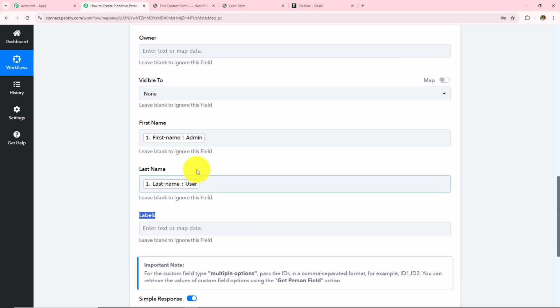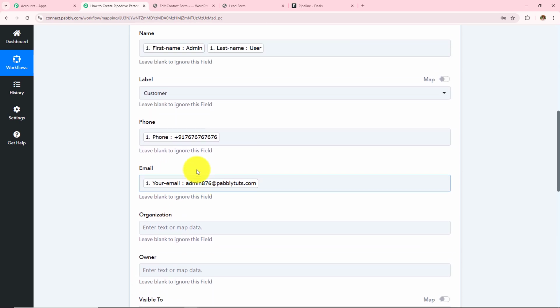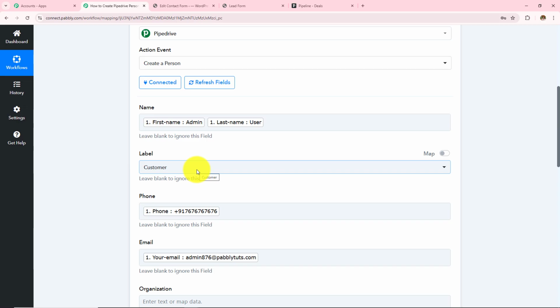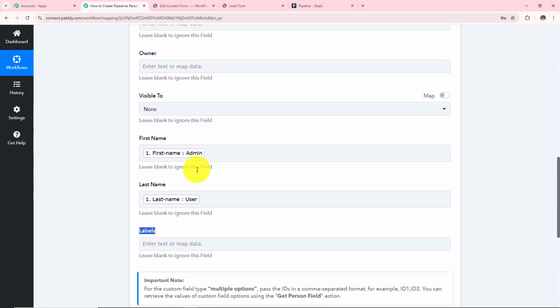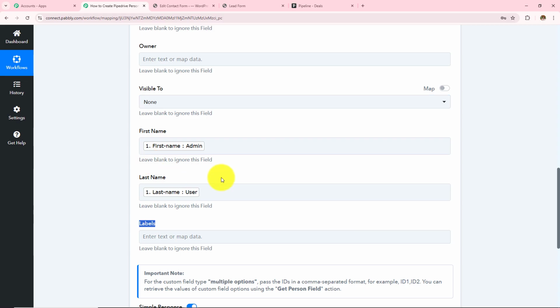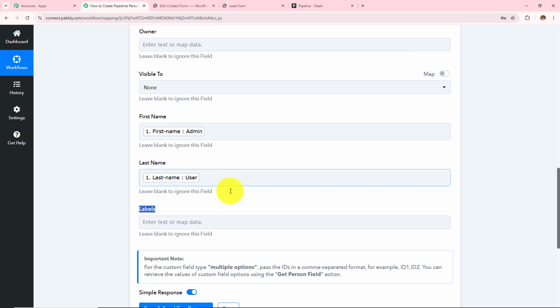And over here mapping is important so that every time you receive a new response, it is taken into consideration in these fields. Manually entering the data will make these fields static, and the information will not change even if you have received the new response. Over here, if I manually enter any detail, this field will become static, and every time I receive a new response, the result will not change. So as to keep these fields dynamic, we use this process mapping instead of manually entering the details.